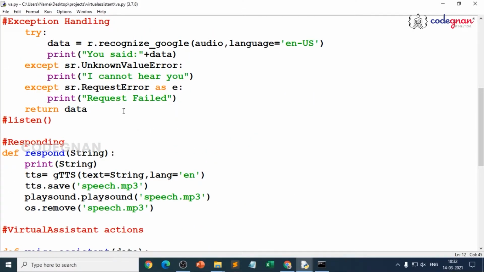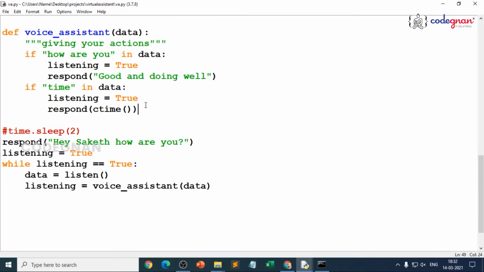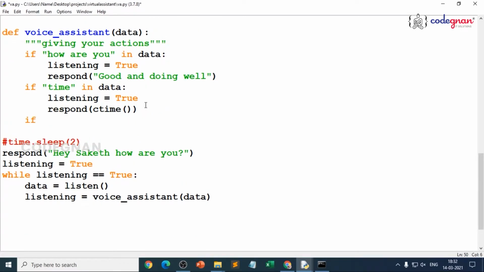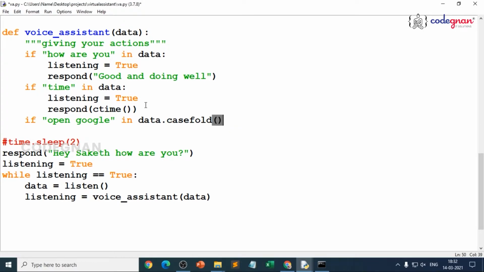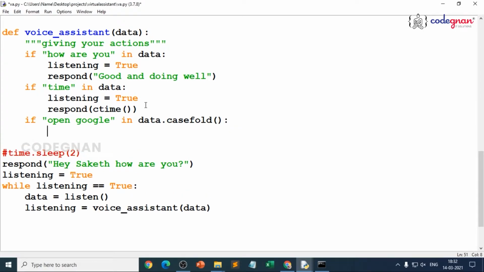So first, let's start writing our conditions. First, I'll make sure that if I say open Google, my virtual assistant starts opening the web browser. But before that, we should write a particular condition. So data.casefold, because casefold is conversion into lowercase string format, so that it should go for listening is equal to true.